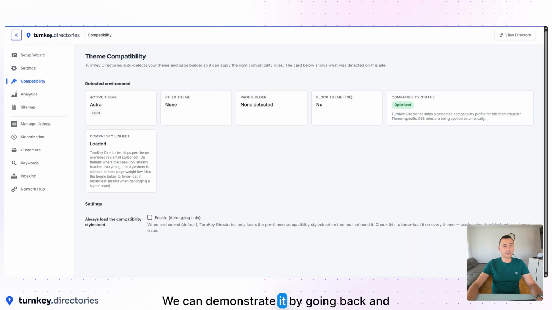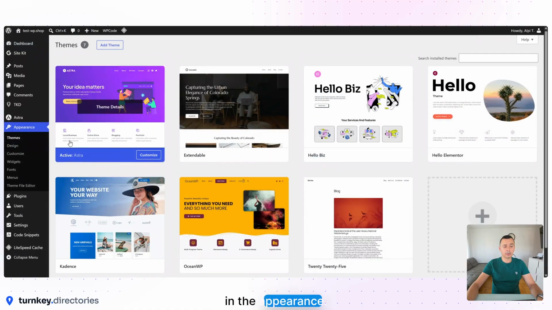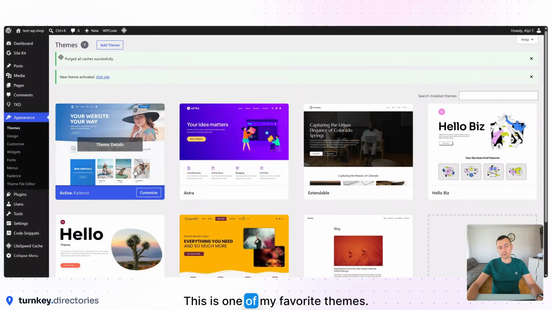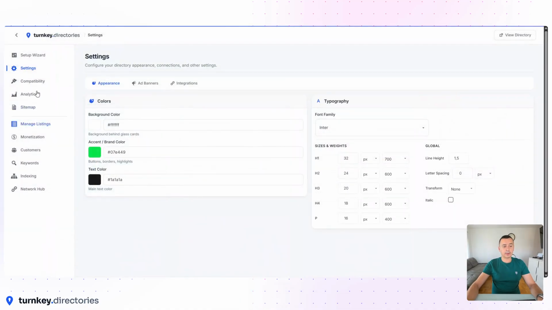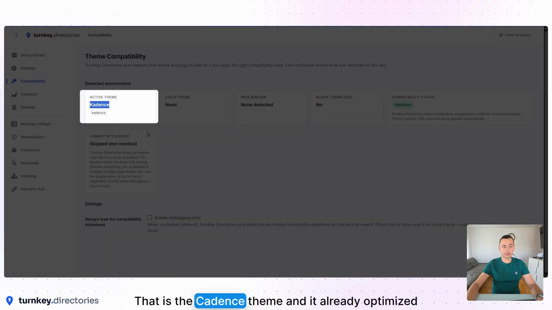We can demonstrate it by going back and changing the theme in the appearance. Let's change it to Cadence, for example. This is one of my favorite themes. We go back now, compatibility, and as you can see, it's detected again that it's the Cadence theme and it